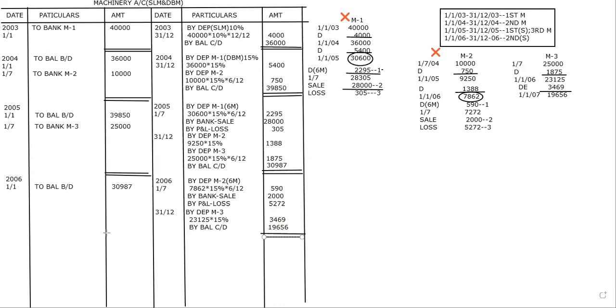So is this clear? If that person is asking only to change a method, simply this is the way we change it. We'll not adjust anything. But if that person is asking us to go for retrospective effect, then compulsorily we have to adjust the change. But until he asks us for a retrospective effect, I should not make any adjustments. Is this clear? Yes, ma'am.